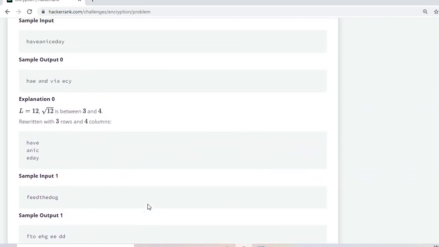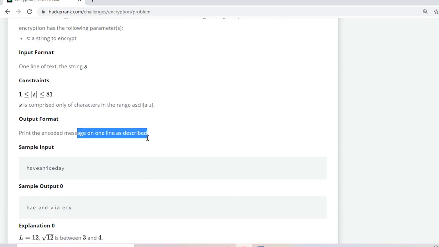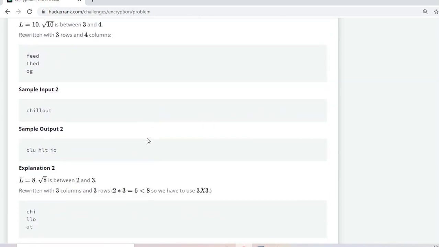Before it, check the input condition. It is just having a string s, and the s will have the range, and the output format will just print the encoded message.